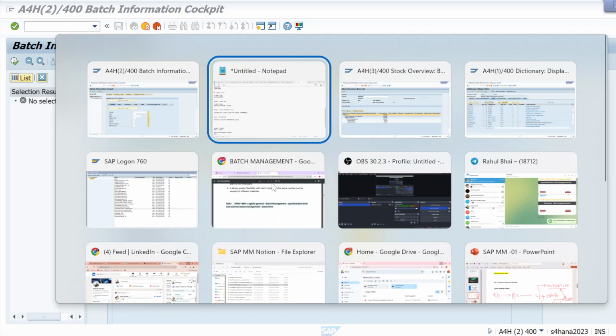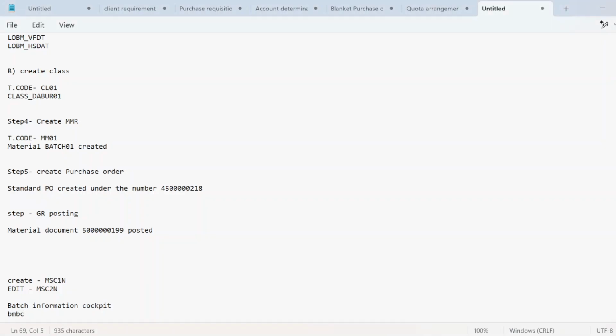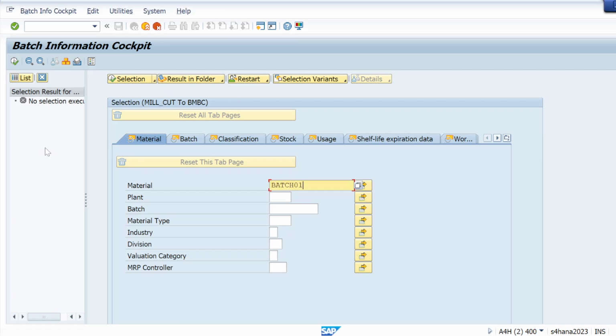My material number is this one, the material I have created, here it is, batch 01. Plant, storage location. Let me only give these details and hit enter.